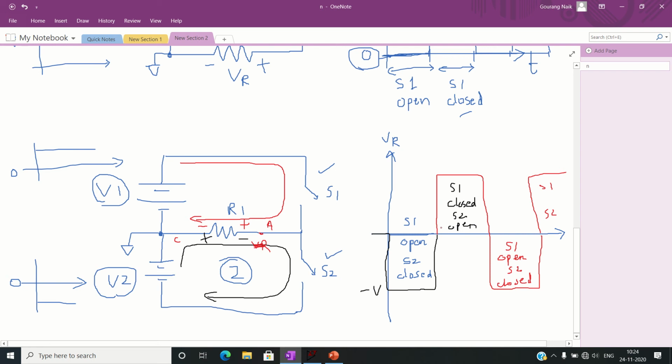Now what we will do is we will try to simulate this to get a better understanding. So this is how we get an AC signal. This voltage you can see it is going negative, then again positive, again negative, again positive. So it is alternating. So we will simulate now.